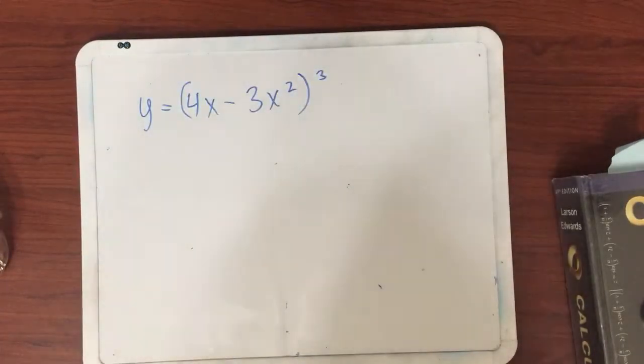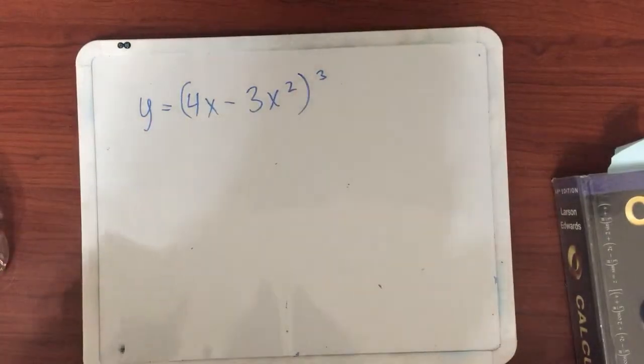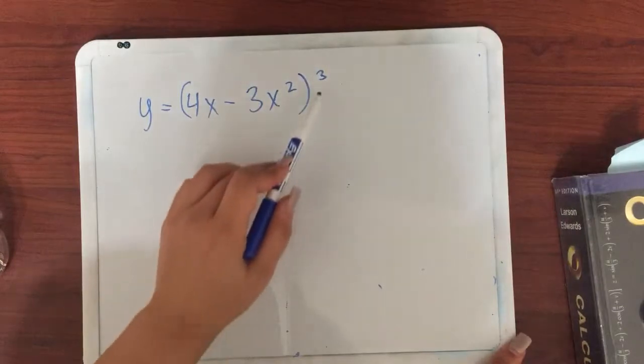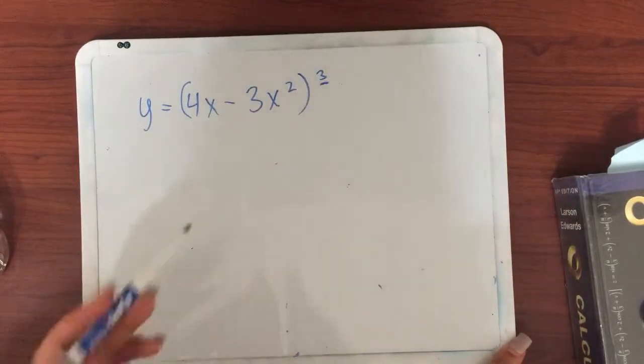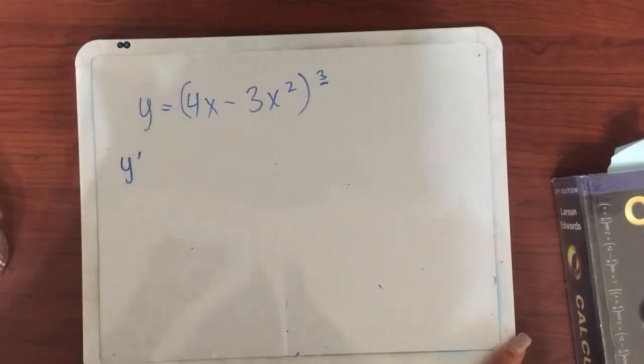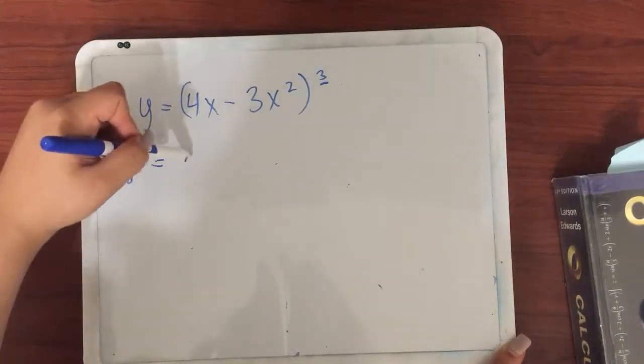All right, now we have 2 x's inside, but we do the same exact thing. See, we take the derivative of the outside function first. So that would be y prime. Sorry, I don't think I put y prime on the last problem, but it's y prime equals